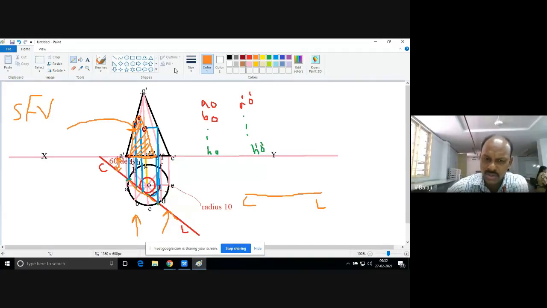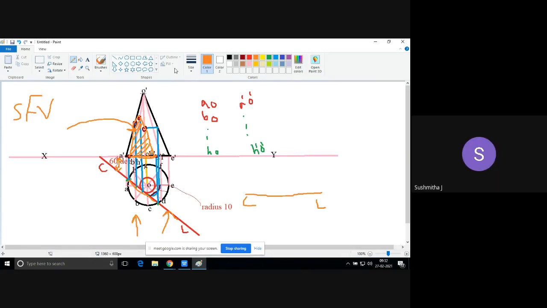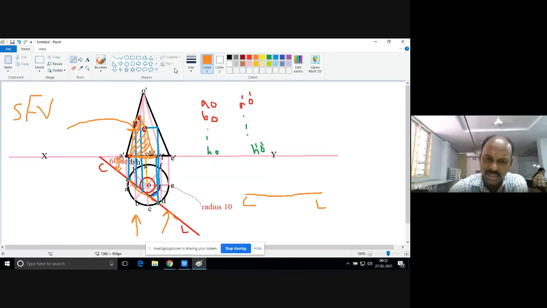Suppose you make some angle with your laptop screen. Take your pencil, keep some angle with your laptop screen, but parallel to the ground, or parallel to your keypad. What is your front view? Reduced length. Very good. It's reduced length. That is the reason why the sectional front view you are looking at here is the reduced one. Are you following?